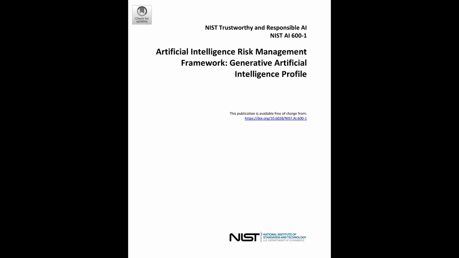Wow. Okay, that is a comprehensive and frankly somewhat daunting list of risks. It really drives home why this specific GAI profile from NIST is needed. So after laying all that out, what does NIST actually suggest we do? Right, the crucial part. Section 3 of the report gets into the suggested actions. They organize these actions according to the main AI risk management framework functions: govern, map, measure, and manage.